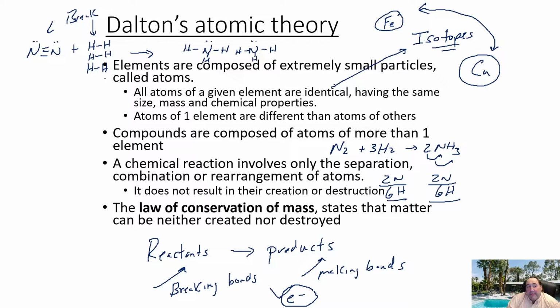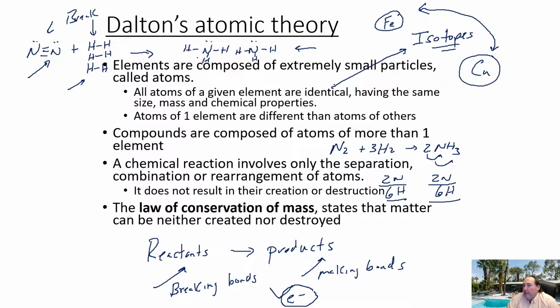So obviously, as you can see here, in this particular example, all the elements were together, if you will. So we have hydrogens and nitrogens together. And over here, we have a nice combo platter of everybody together. We have our nitrogens and our hydrogens coming together to form these new compounds. So these are the important parts of Dalton's atomic theory.